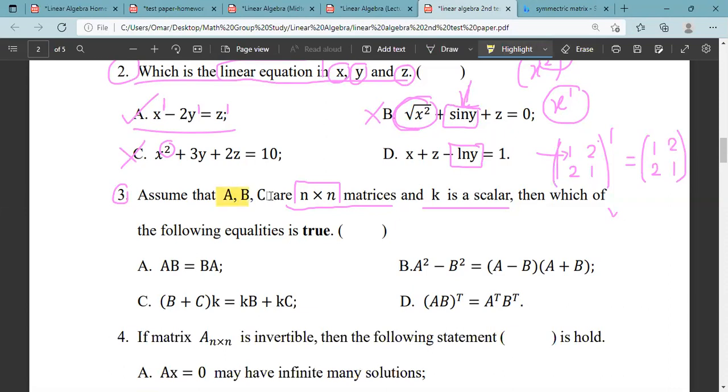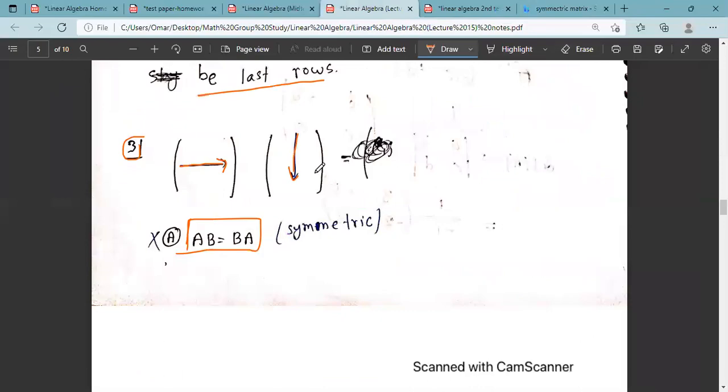So if A, B, C are n by n matrices and k is a scalar, we can say that this is not true, because this matrix is a symmetric matrix. And for this one, B, if we try to expand this as algebra